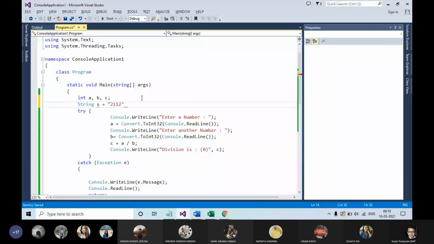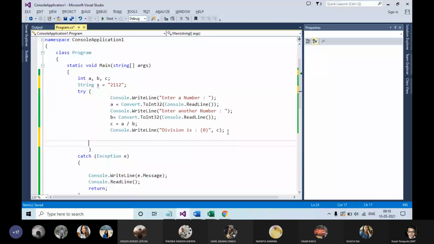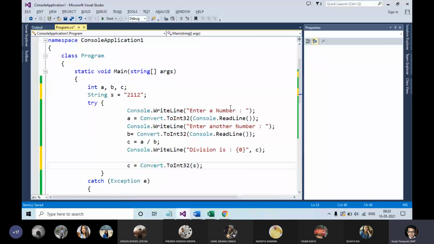So C equal to Convert.ToInt32(s). You are converting this string s to an integer and storing it into a variable called C, which is of type integer.